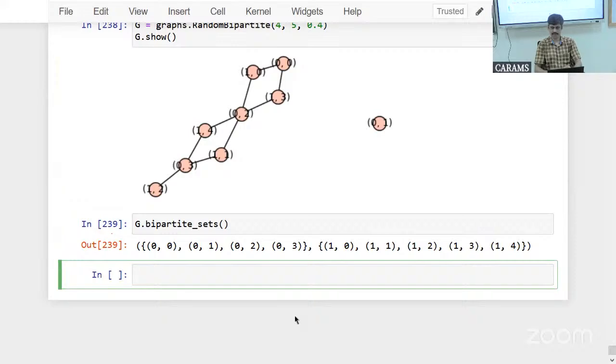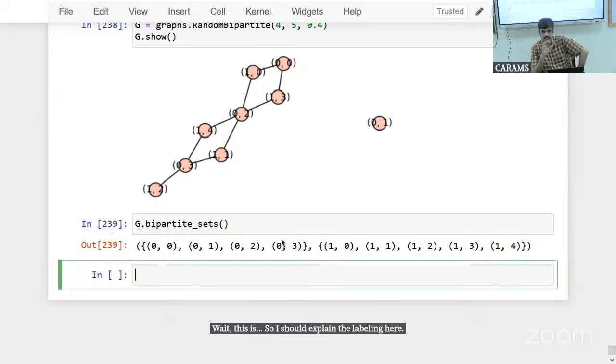Again, you can always ask for the partite sets. I should explain the labeling here. For a bipartite graph, the default labeling is (0, i) and (1, j). (0, i) means vertices of the first partite set are labeled (0,1), (0,2), etc. And then vertices of the second partite set are labeled (1,1), (1,2), (1,3), etc. That is just the convention that Sage is following for